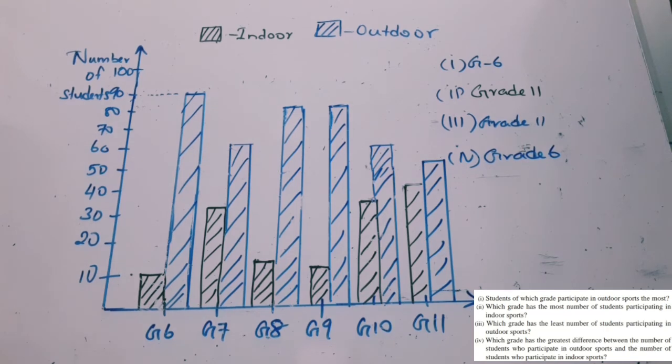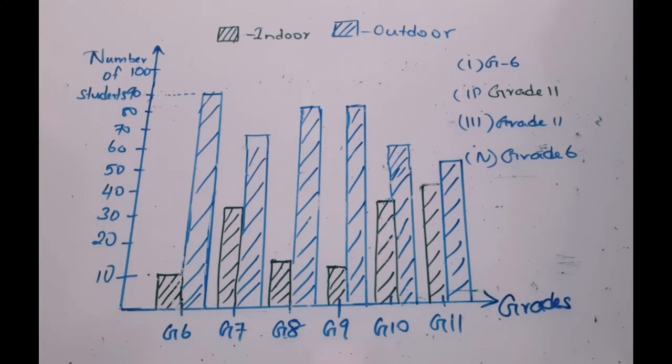So now, did we go through the tables in order to answer these questions? No, right? So once you drew the bar graphs, you will be able to collect the information quickly. So that's why we represent the data in graphs. So now you know, children, how to represent everything in a bar graph. Since I drew this on a whiteboard, it does not look that accurate. It may not look like that, but when you draw in a square ruled book, it will be more accurate and easier for you to get the information from bar graphs.